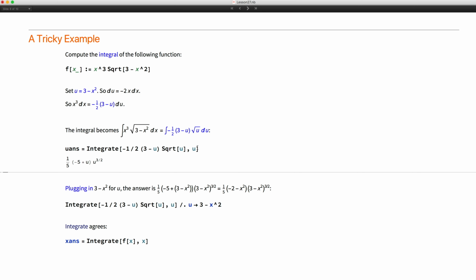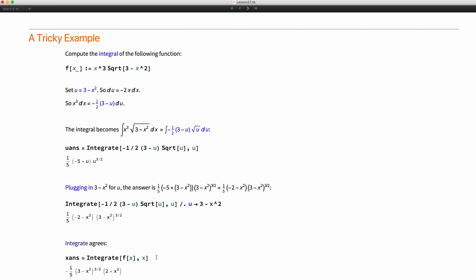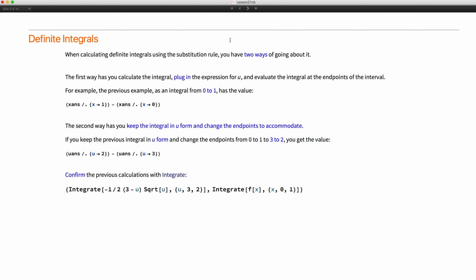You integrate that. You plug in the expression. And of course, Integrate will give you just the same answer in this case as well. Well, there's a slight difference because you have a negative sign inside over here and outside, but essentially they're the same answer. Now, the point is that I have two answers, one in terms of u and the other in terms of x. As far as this example goes, it's the x answer that matters, but when you go on to definite integrals, then you want to actually plug in limits,